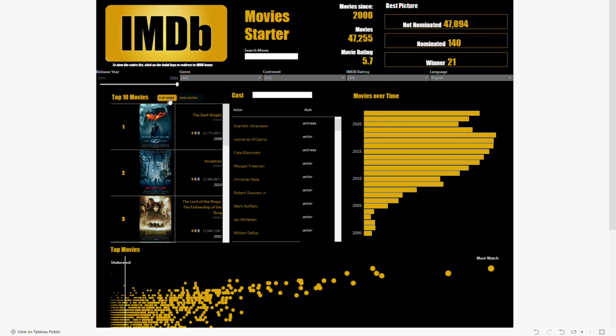The other filters on the top can be used as well to filter out the top 10 movies based on the continent, IMDb rating, language and everything. I've set the default language as English to filter out the movies that are basically in English. So moving on, I am a huge fan of horror movies, so I want to filter out the top 10